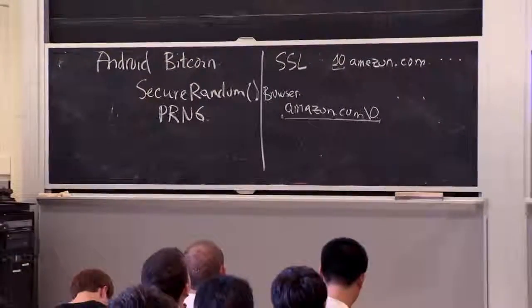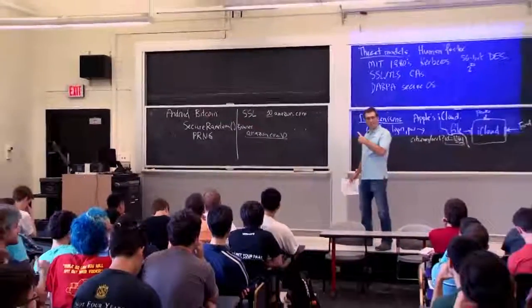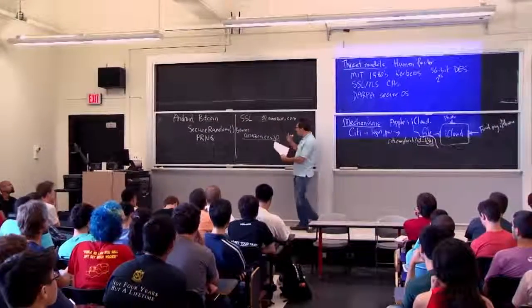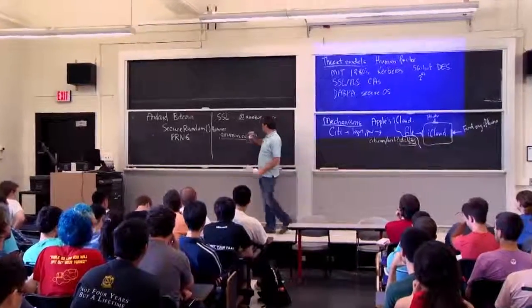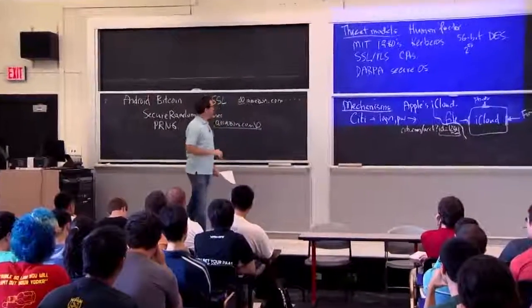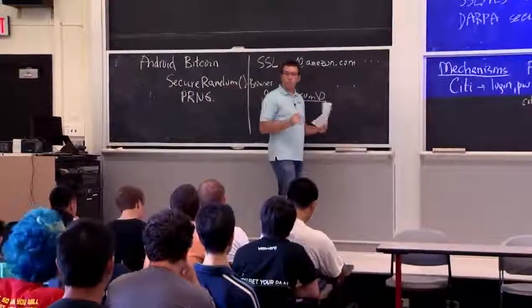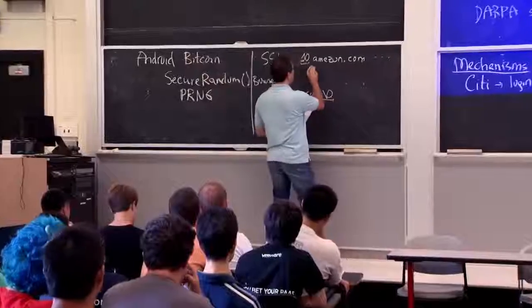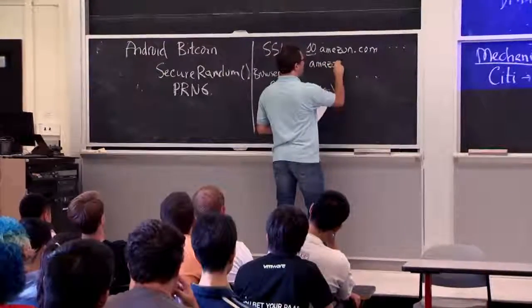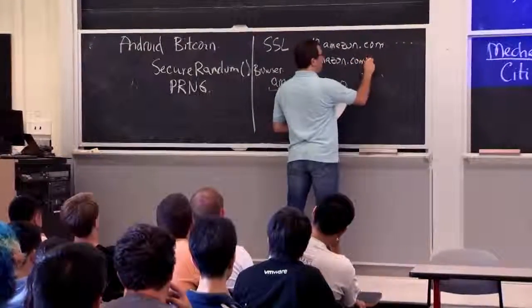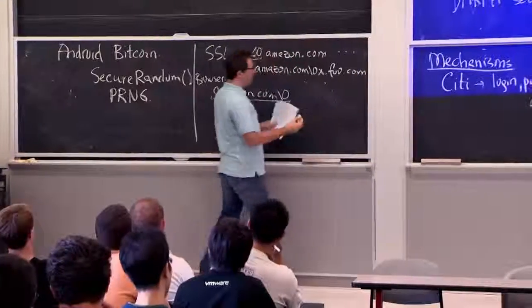Any guesses? Yeah? You can have a 0 in the middle of your string? Yeah, so this is great. This is actually a bit of a discontinuity in terms of how this guy represents strings and this guy. So suppose that I own the domain foo.com. So I can get certificates for anything.foo.com. So what I could do is ask for a certificate for the name Amazon.com\0x.foo.com. That's a perfectly valid string.